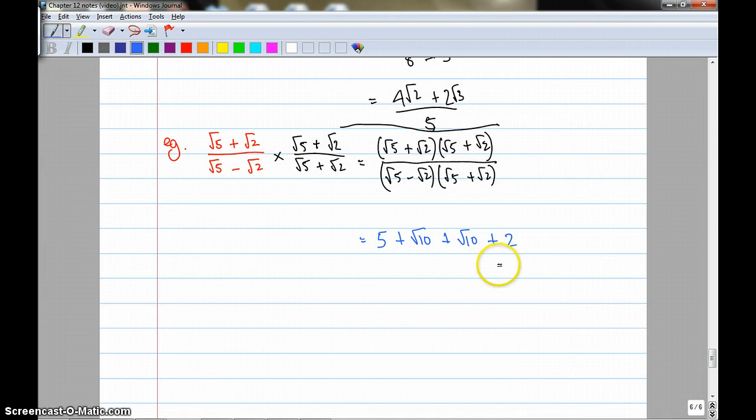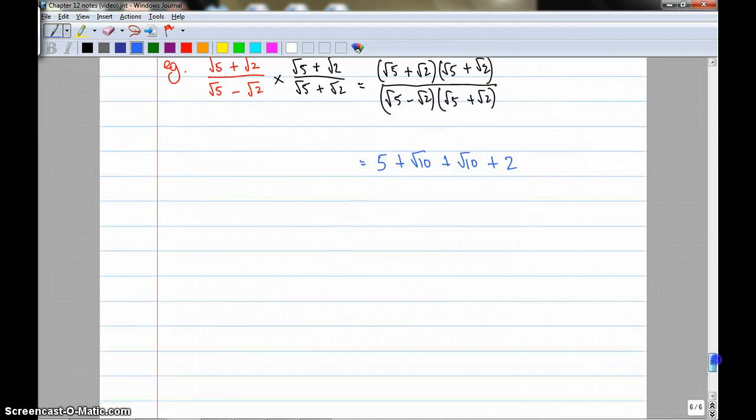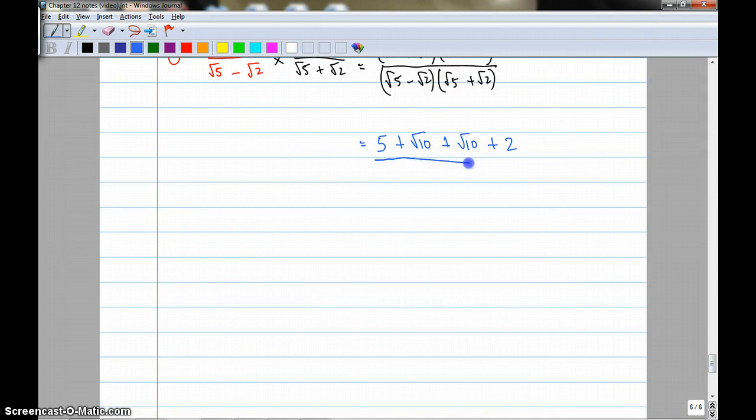plus 2. Notice how here you've got a plus root 10 and a plus root 10, which means you have to add those together so it becomes 2 root 10. I'll deal with that in the next line. Actually, no, I will do that. I still need to do the bottom, but I'll leave a space for that. That becomes now 5 plus 2, which is 7, plus 2 root 10. And it's over something that I don't know yet. So, the next bit,